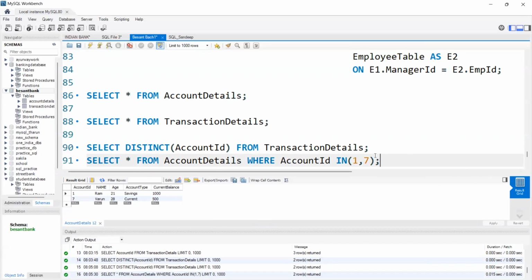We are giving values manually because I have only two people who did transactions. What if you have 50 lakh people who did transactions? Or what if you have 10 lakh people who did transactions? Is it possible to give 10 lakh values manually here in the where condition? No. That's why what I will do is I will copy this query,